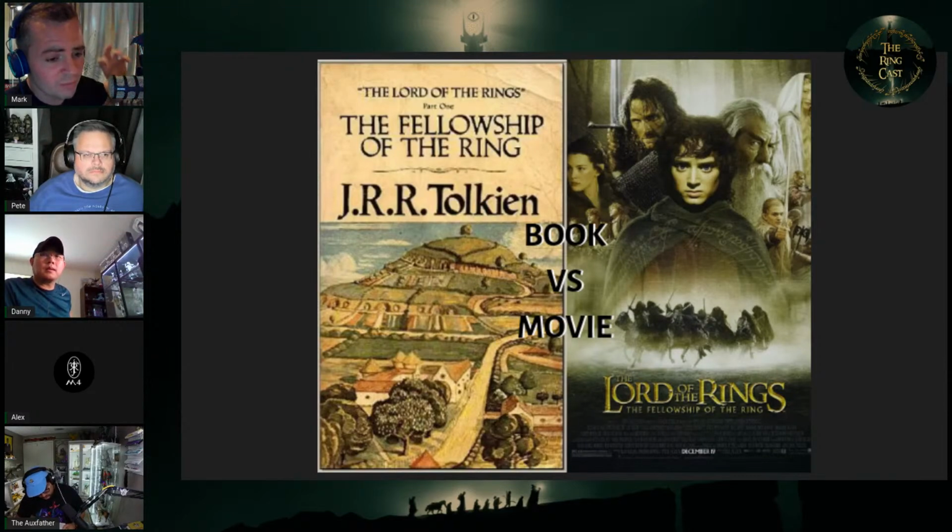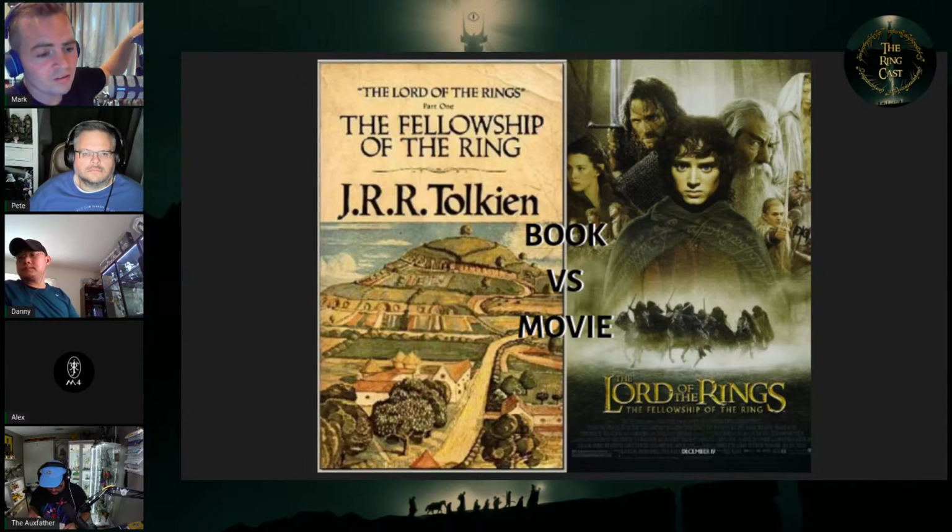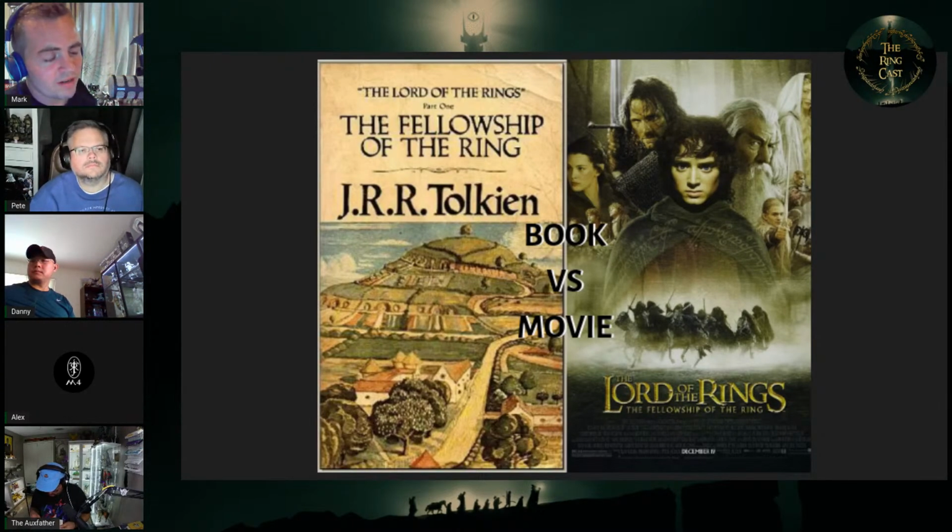because they gave him that much more power. You know, he's bringing the mountain down. He's sending the birds, the crebain, the crows, which were all part of his messengers for Saruman. So Saruman's character did a lot better in the movie, and certain characters like Aragorn,